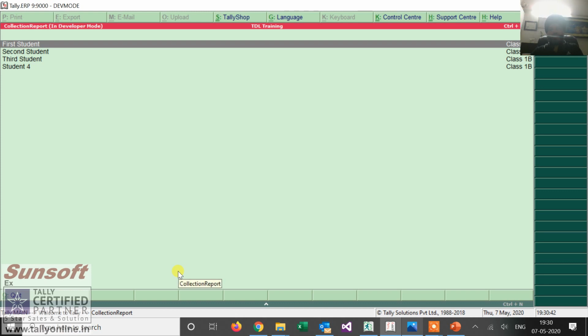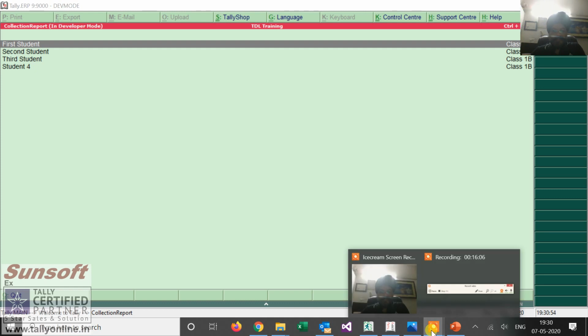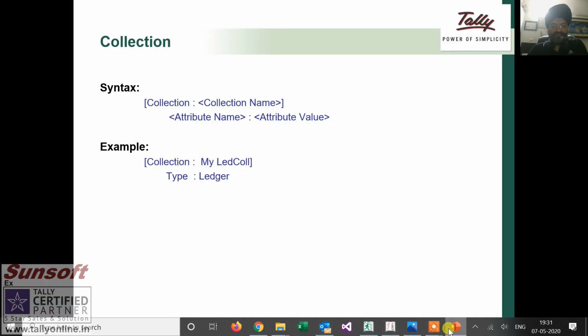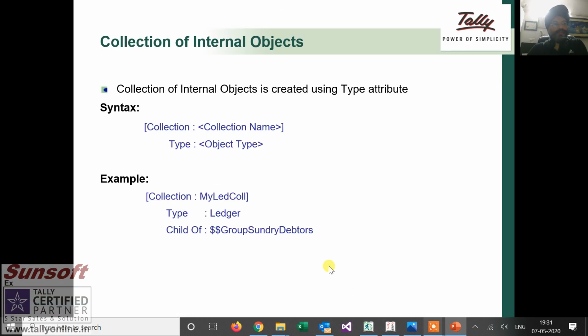So this is a brief introduction to objects and collections. The objects and collections, we have seen how we can create them. These are all static objects, and let us see now what is further in the presentation. So, collection type of object.